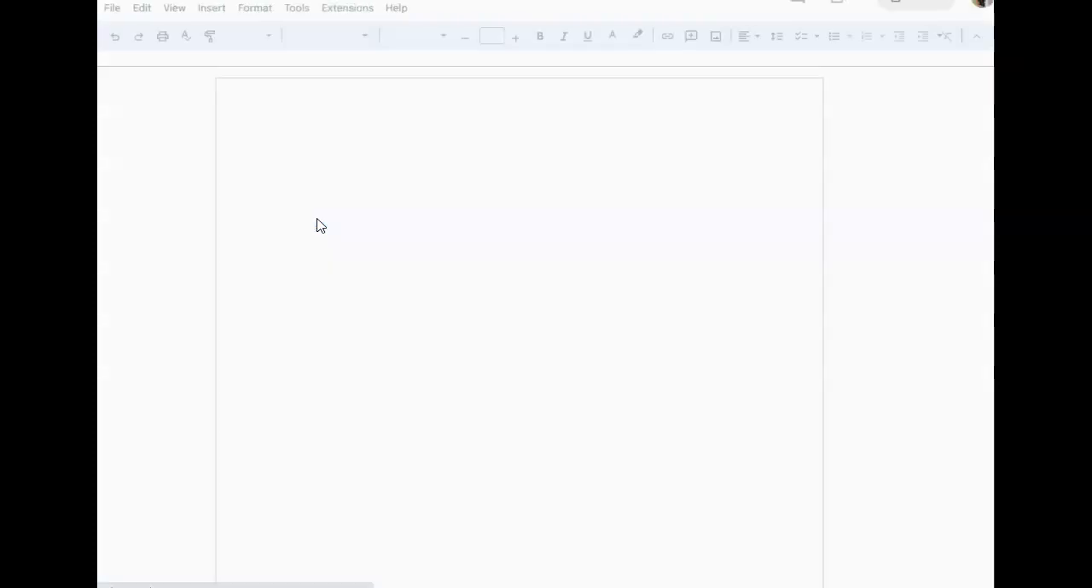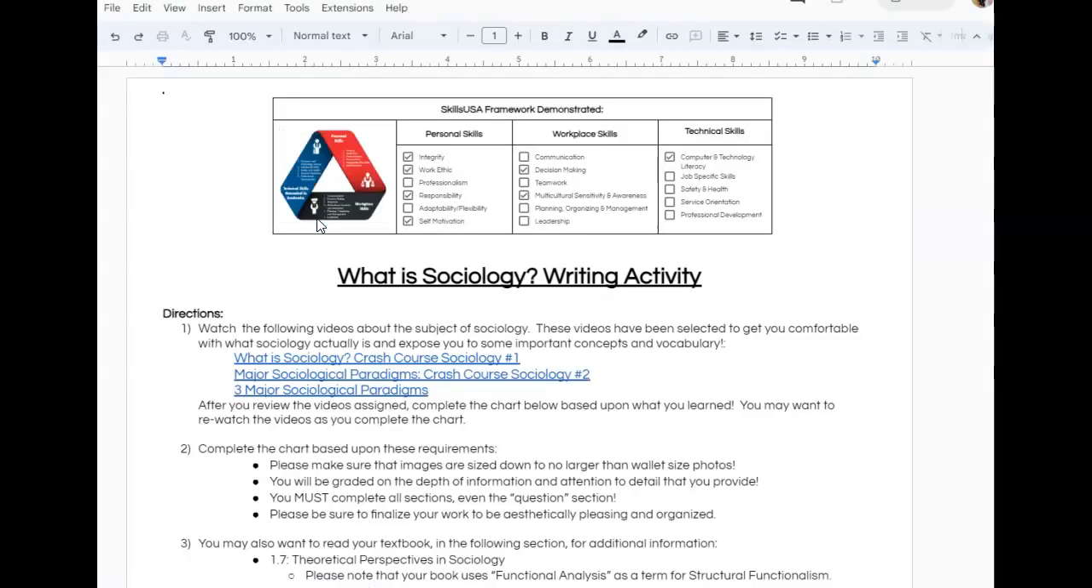and then you'll be coming to a screen that looks like this. So this is a Google Doc that you are going to make a copy. So click the button, make a copy. And this is going to be your assignment that you can type into, and this is going to deposit into